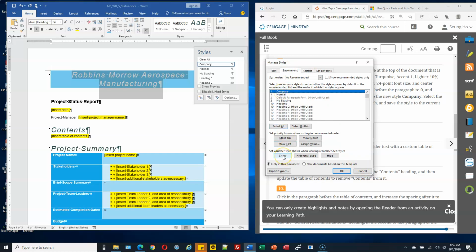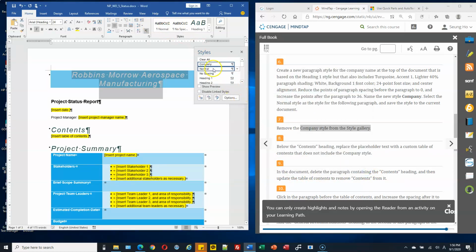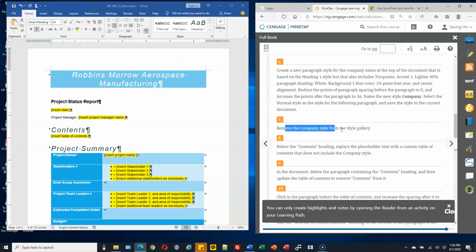Show, right? Then you will show it on this part. Or here on the styles, you can right click. We should have show. So that is how we remove the company style.